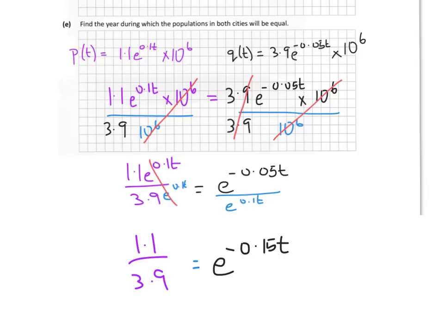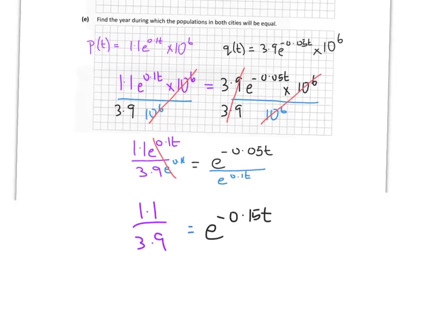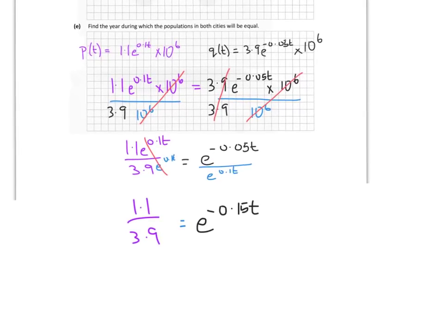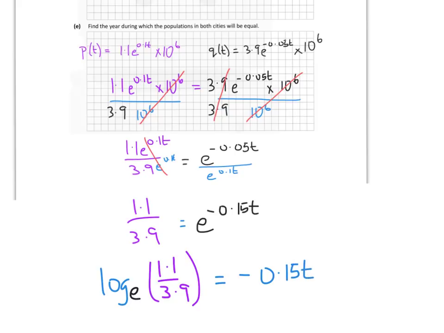And so I can use my logs to solve for t, or to get 0.15 t on its own. So I know here that that's going to give me log to base e of 1.1 over 3.9 is equal to the power, and in this case the power is minus 0.15 t. And so putting that into my calculator,